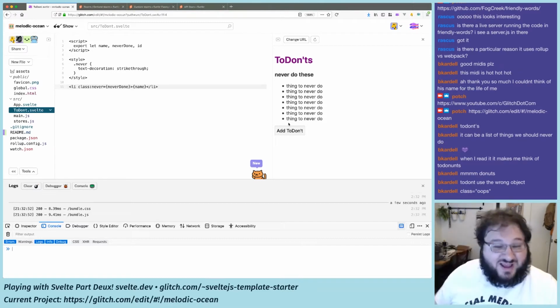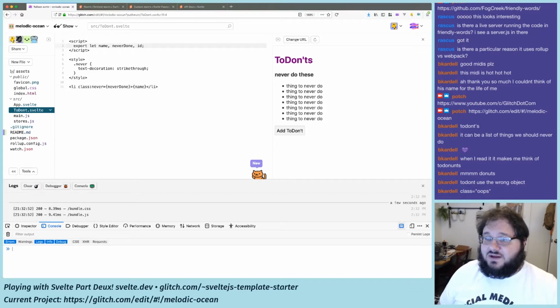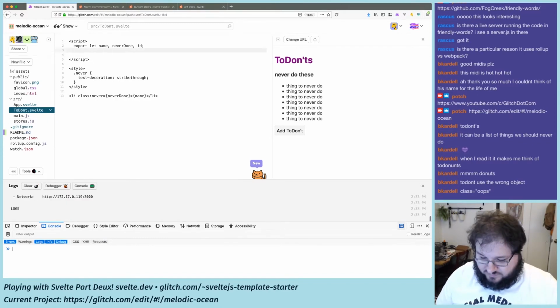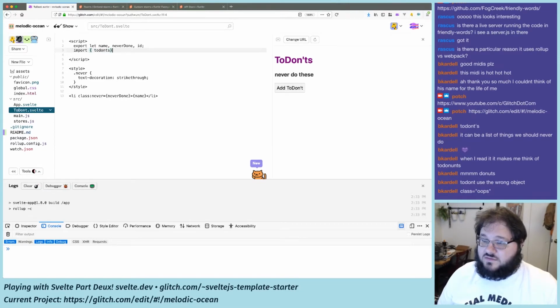We should make it so these are editable. Right now we can't edit them. I want to make them editable. So we're going to need our store. We want to import it from the store. So we want to say import from